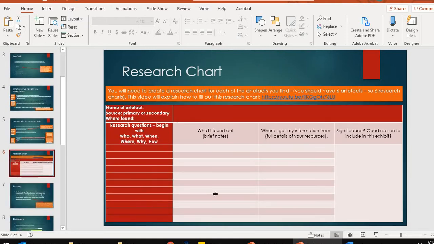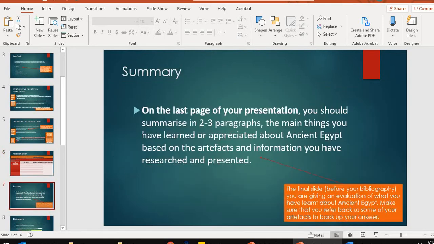Then you'll have a research chart, and I'm not going to go into detail about how to do this. There is a video there, so if you click on that, it will actually tell you what you need to do for this particular task. At the end, so the last page of your presentation, before the bibliography, you're to summarise in 2 to